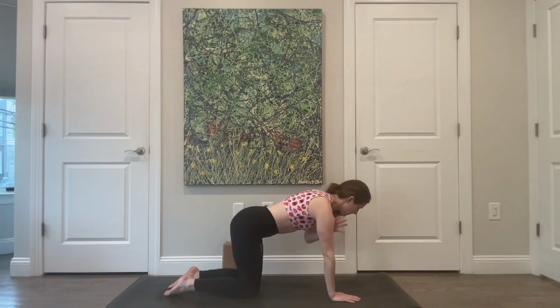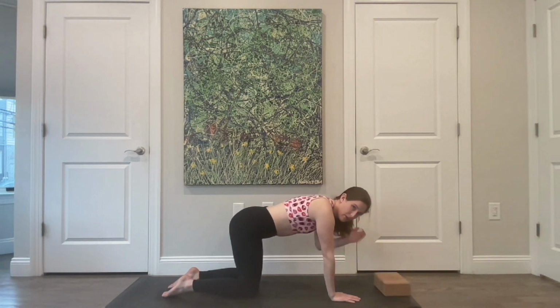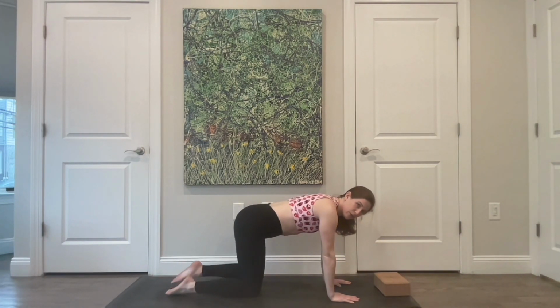3 more. 2. And last one. Lower that leg down and then take the block out and just put it just in front of you. And then from here, you're just going to float your left toes under, bring that knee up off